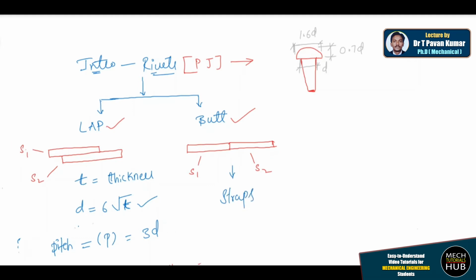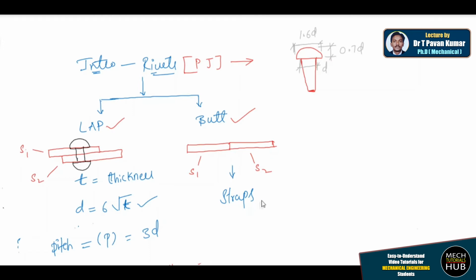When it is a lap joint, you can simply place the rivet here. I'm just trying to show you roughly how exactly a rivet is going to be placed. A rivet can be placed here by drilling a hole from top to bottom, something like this. Whereas in a butt joint, you can't place a rivet directly. If I drill a hole here and place a rivet, it is a useless job because I'm not going to clamp either of the two entities, as sheet number 2 is placed beside. If I drill a hole in the middle, it also becomes useless.